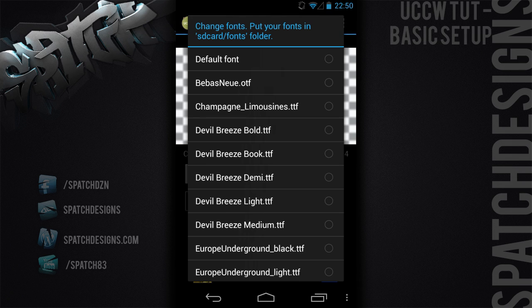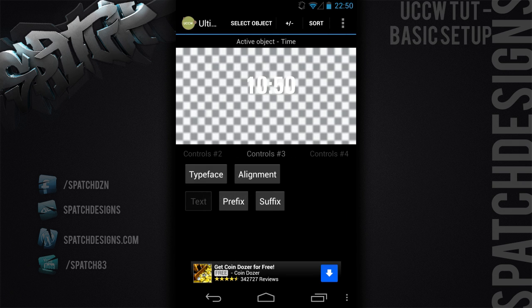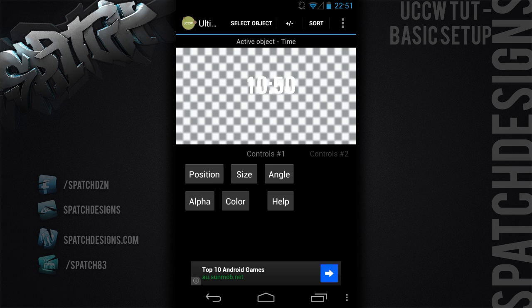As you can see here, if you want to add fonts, you'll get just the default font to start off with, but if you go into your phone's SD card and make a new folder called fonts, and just put all your fonts in there, it'll pop up in here. We're going to use this one here, I believe. Yep. Okay. So that's our clock done, the basic time one, and now we'll add